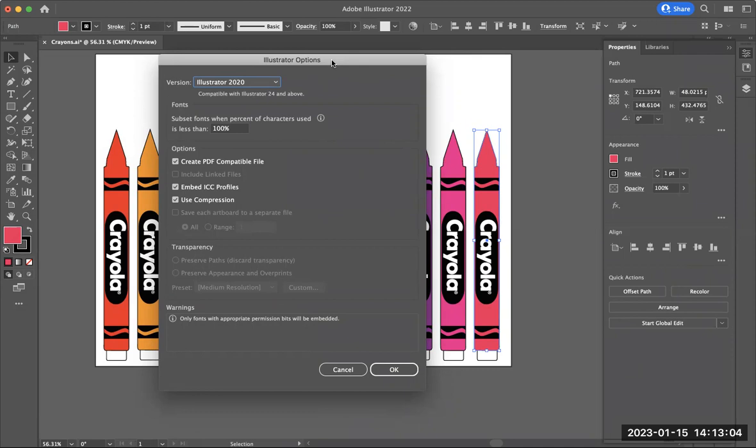It's just letting you know which version it's saving it to, and some other options. So when you see this